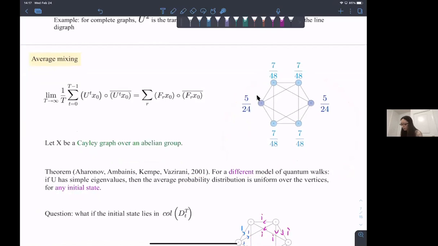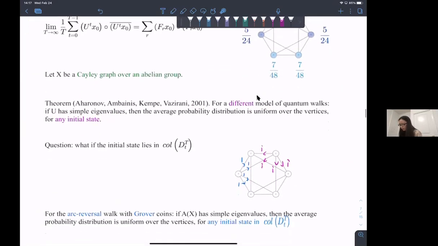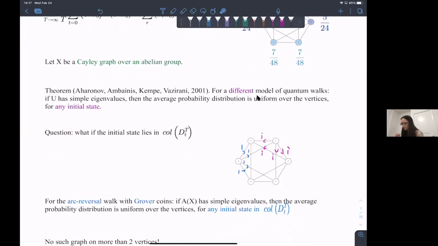Of course, in that paper, they study a different model, and they give a sufficient condition, that is, when U has simple eigenvalues, then we have this property. Now, for our model, we don't have something that strong, but we can give a weaker characterization in terms of the eigenvalues of A. That is, if the graph has simple eigenvalues,